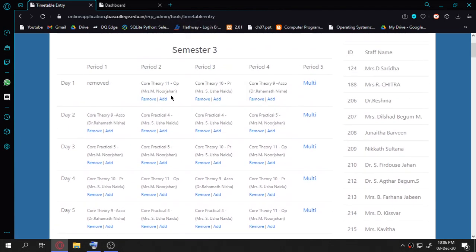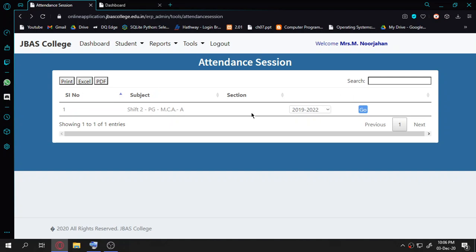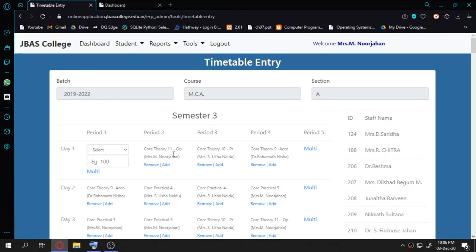Okay, so now I am getting into it again to show you the timetable for my class. I get into this, choose the batch, and sometimes, for UGs we have A and B sections, so we have to choose the section also, and then give go, and you will get into this timetable. Now I will show you one entry, how to make this entry. I just removed this to show you how to make the entry.